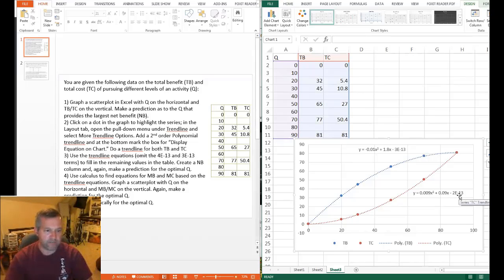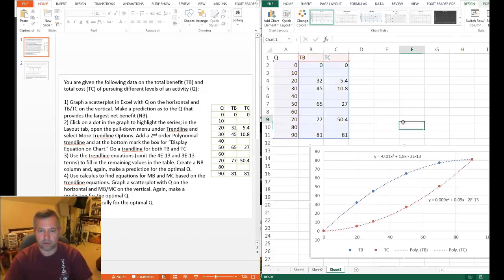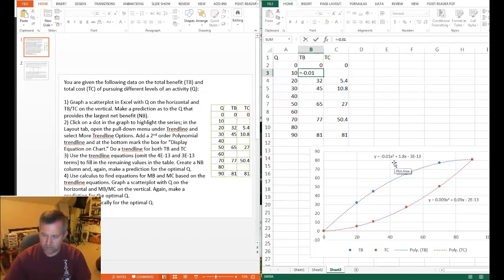Use the trend line equations to fill in the remaining values in the table. So again, we've got these gaps here where nothing is showing up. This total benefit equation that I'm using here allows me to make a prediction of what the value of total benefit is going to be. And actually, I know it's going to be exact because the r squared is exactly equal to 1. So if I say total benefit equals negative 0.01 times q squared plus 1.8 times